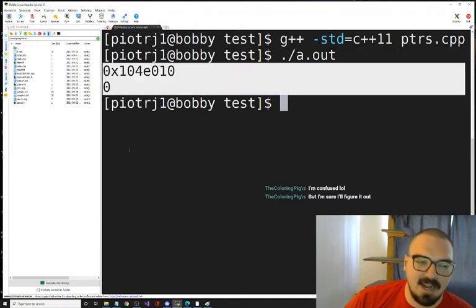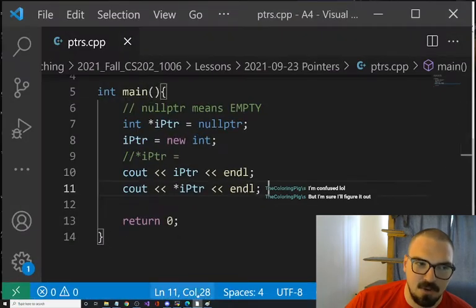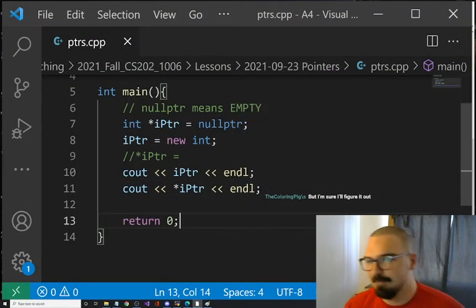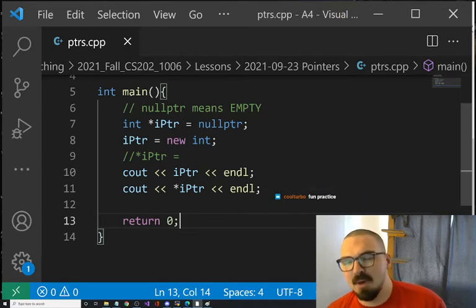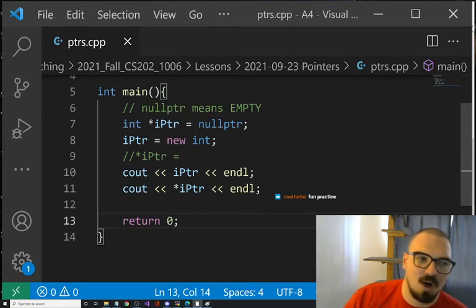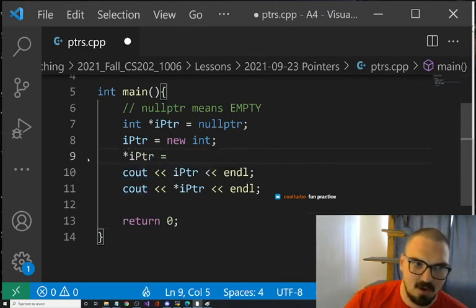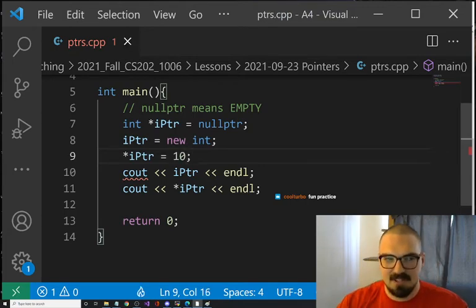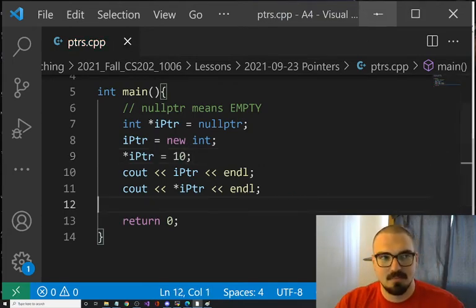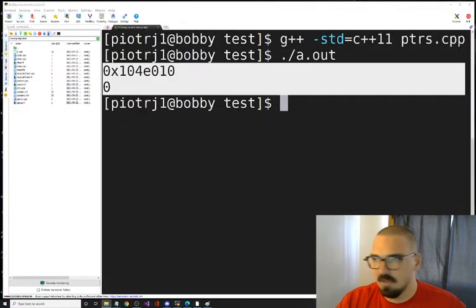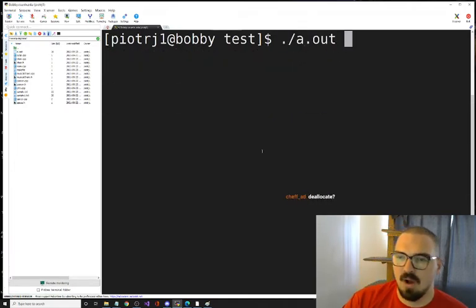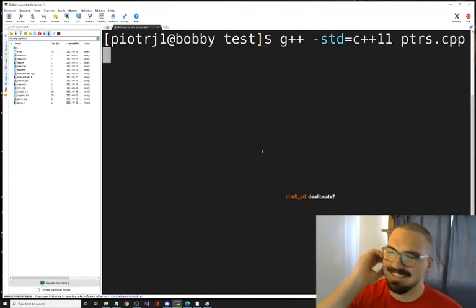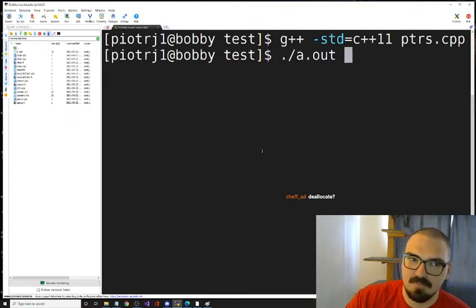Now, there's something that I did that's wrong here. Does anyone know what's bad about this program? It's mostly right. This program is mostly correct, but there's something wrong with it. Does anyone know what I said, or I kind of mentioned it earlier? What is wrong with this program? Obviously, it's compiling and it's working, right? So what's wrong with it? Chef is right. So we'll get to that.